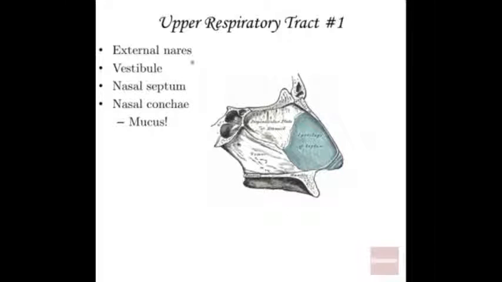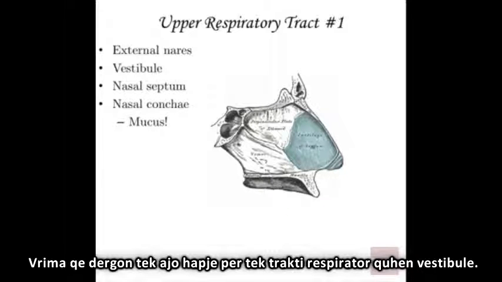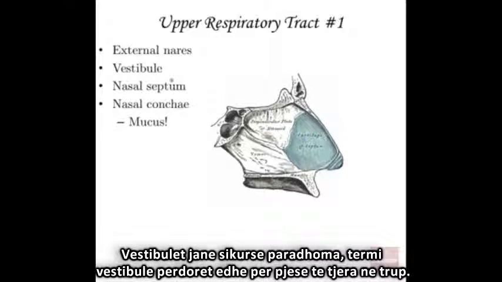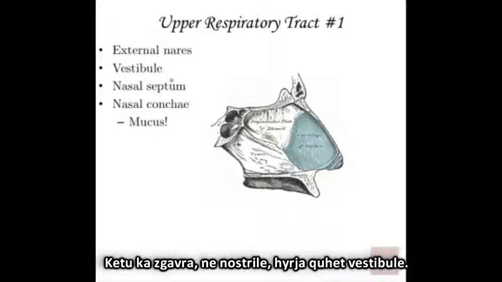So these are my external nares. The hole that actually leads into that opening, into your respiratory tract, we can call the vestibule. And vestibule basically means entrance or doorway, and there are other parts of the body where the term vestibule is used. So here, the actual holes in my nostrils, that entrance is called the vestibule.